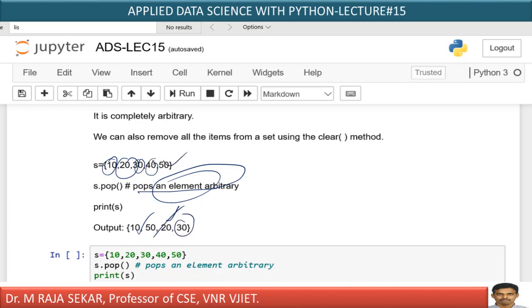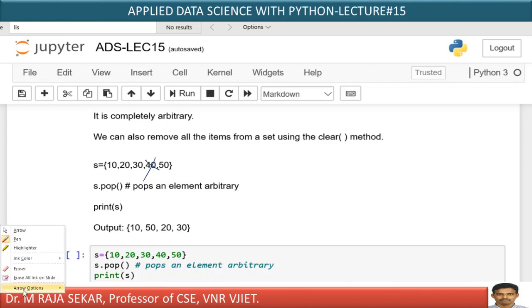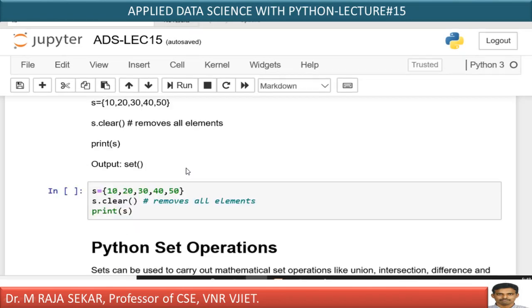It means arbitrarily, randomly, 40 was selected and that 40 element was removed. That's what it says. The pop function arbitrarily chooses some element and removes that particular element, isn't it?